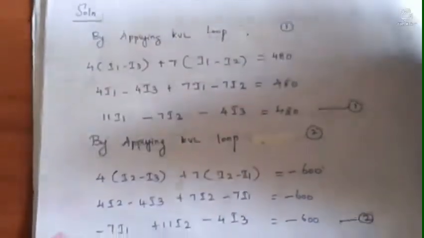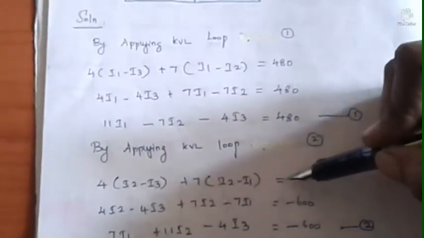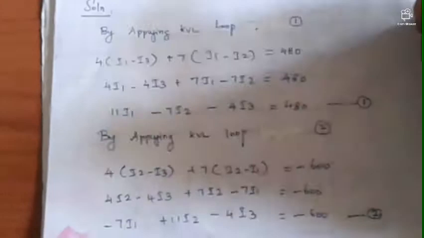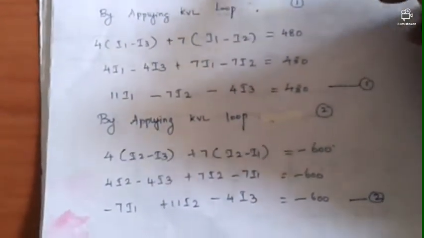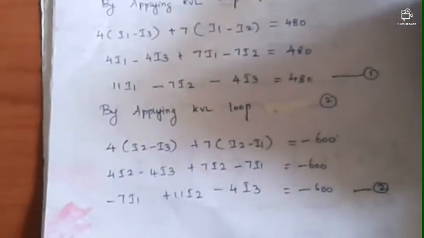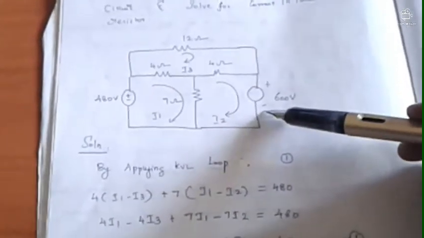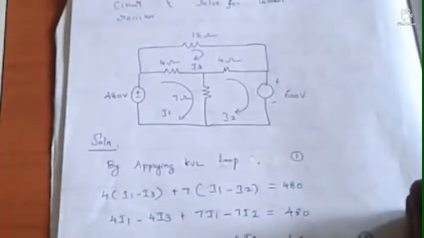This will be the potential of this 7 ohm resistor. And as I said already, if there is any voltage source, you have to put it at the right side of the equation. So here see the direction of the source. You are looking at the direction clockwise. So the battery is operating plus to minus, in the sense of falling potential. So you have to put the battery as minus 600.